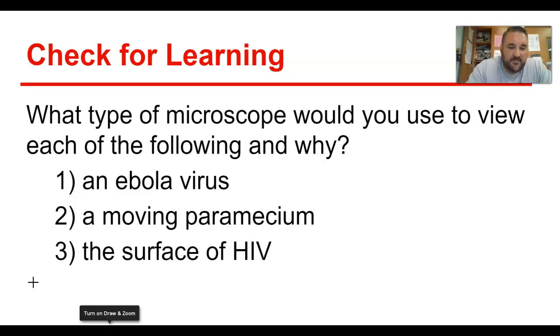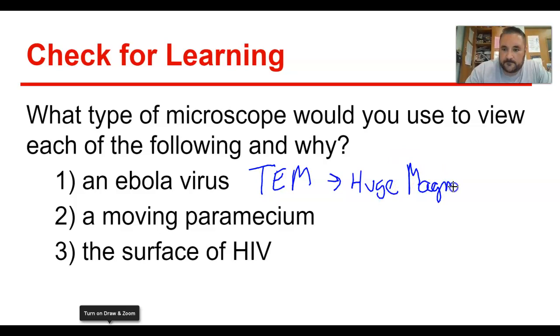So we have an Ebola virus. Now viruses are very, very, very small. So you want the most magnification you can. Most people are going to use a TEM to look at viruses. The reason being huge magnification. If I wanted to look at a moving paramecium,